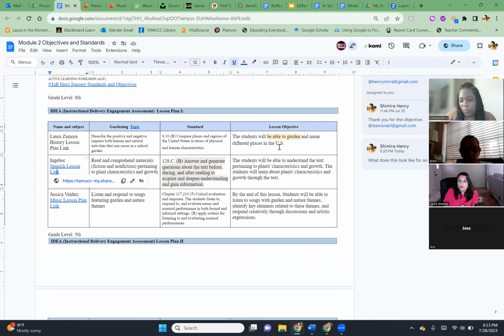Okay, so I think that correlates. I can correlate it with the standard where we can say there are different places and regions in the United States that grow different types of plants. And we can discuss both the good things and bad things that come out of gardening when there's not enough water and when the crops die. How does it affect the food supply chain and natural sources like rivers? I can elaborate if you want me to delete that and elaborate a little bit. No, I don't want you to delete it.